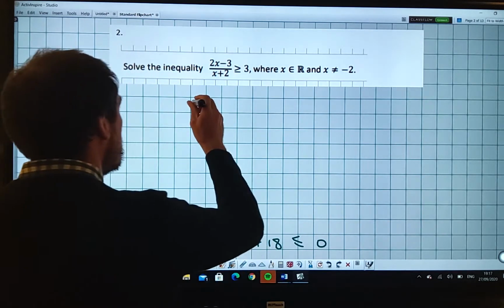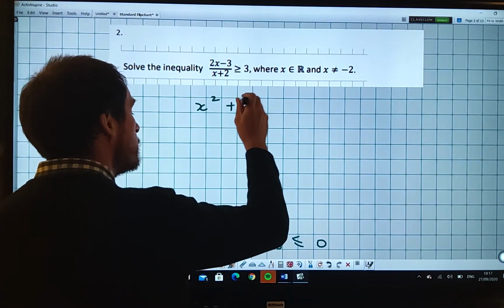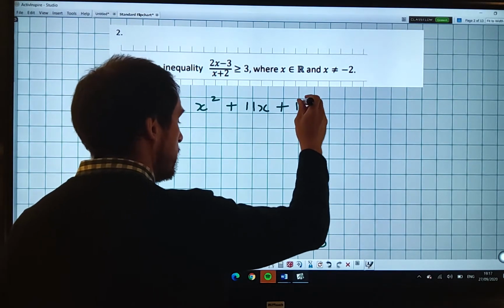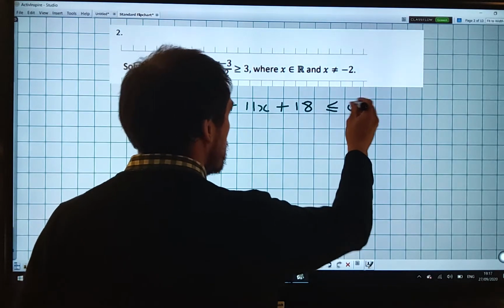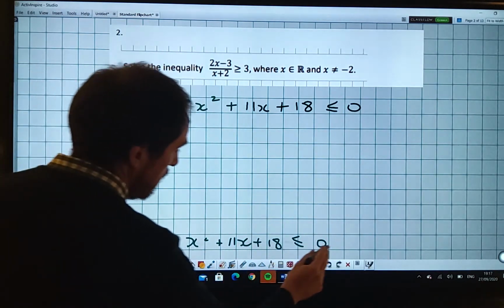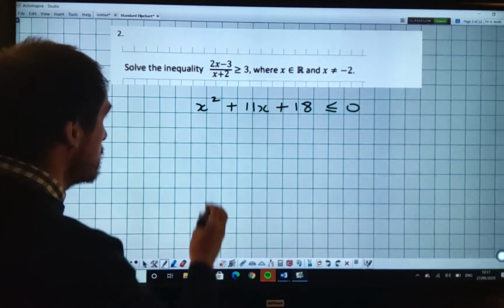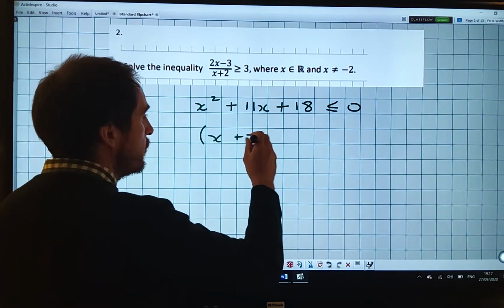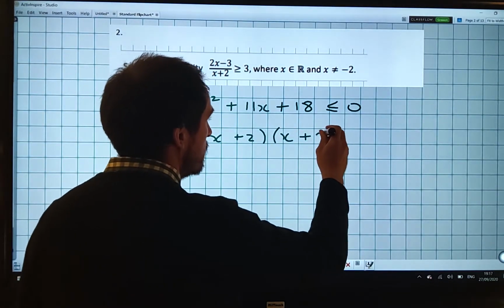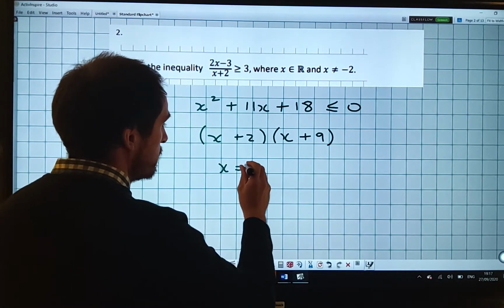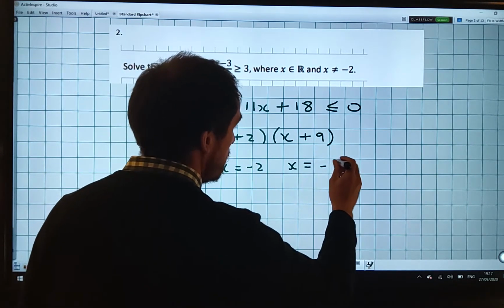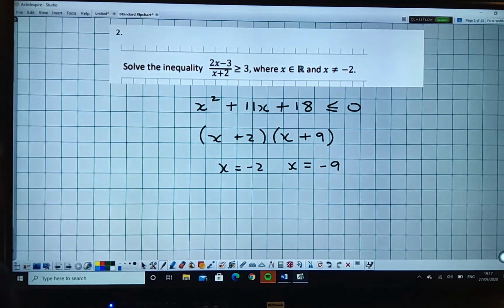So we had x squared plus 11x plus 18. Now, it's less than or equal to 0. So what you go and do with these is, you solve as normal. So that's just going to be x plus 2, x plus 9. So x is equal to minus 2 or x is equal to minus 9. So if I draw a rough graph of that,